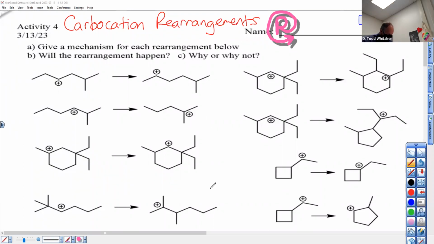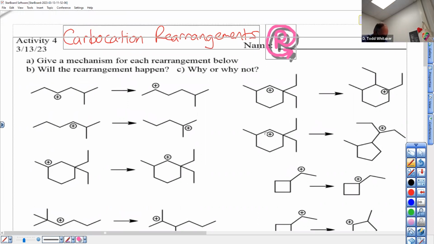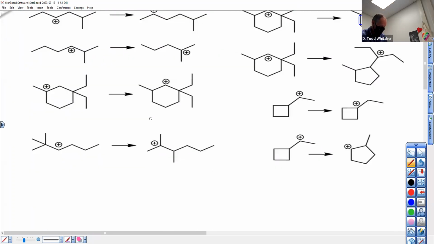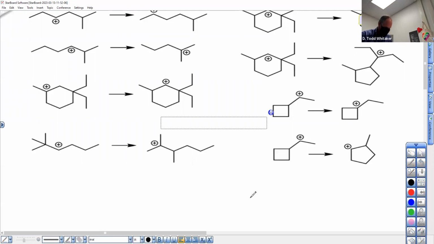Thank you. So one thing you don't know about carbocation rearrangements is that if a carbocation can rearrange to get a more stable carbocation, then it will. But you have to know what you're allowed to do during a rearrangement. During a rearrangement,